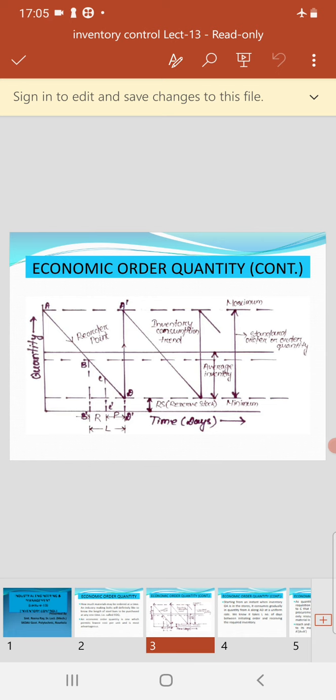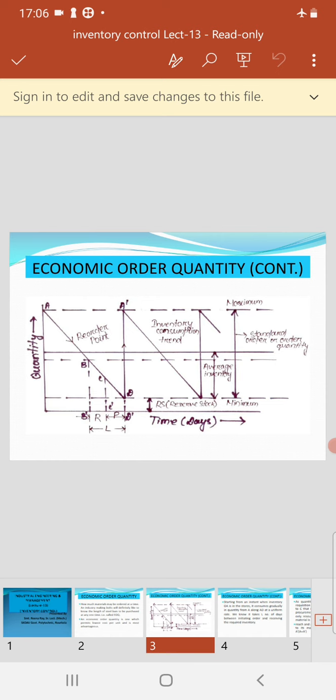D. So D dash to D is the reserve stock or buffer, because if we order at the point B we will receive the order at the point D. Some ordering time and some procuring time will take place, and finally we will receive the item at the point D. So first we have to find out which one is the reorder point. Here it is point B.